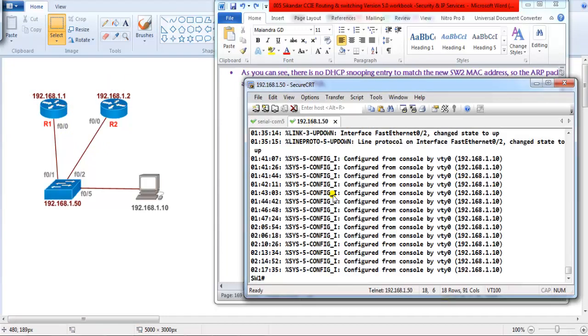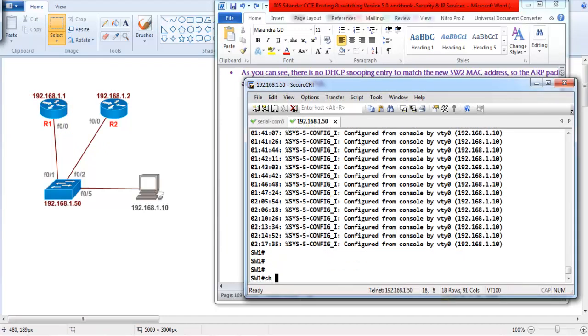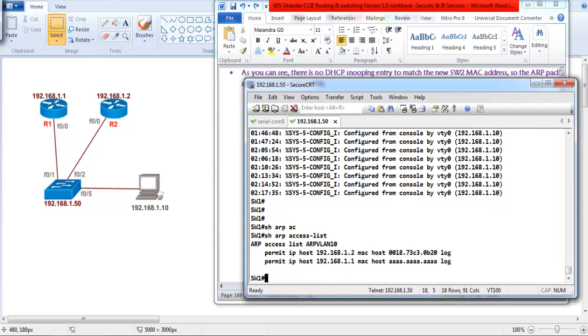In my scenario, if you verify show ARP access-list, the binding from 1.1 has to come with the MAC address of AAA, whatever we have configured here, and if it is not matching, it is not going to allow the communication.